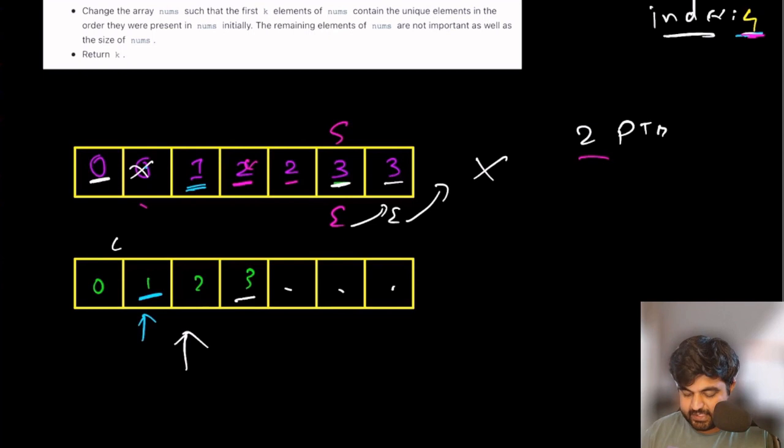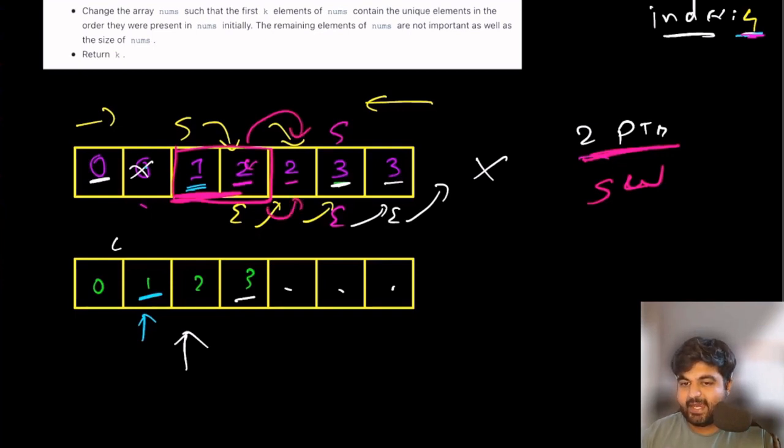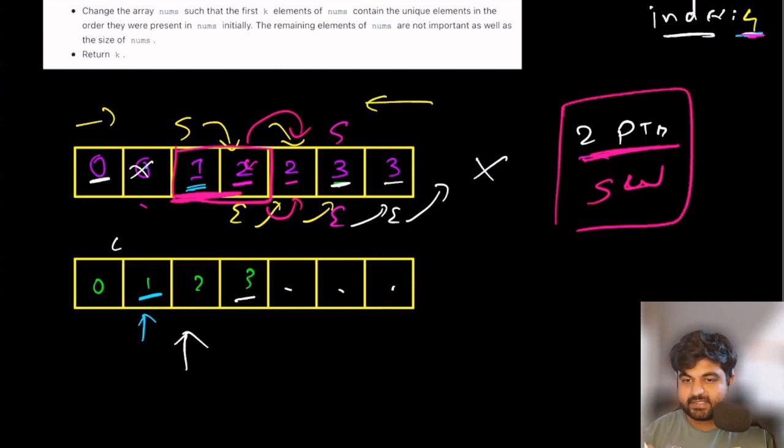But you see, even in this case, rather than coming from one side, starting and ending pointers were working in tandem to go from one step to the other step to find the answer. This was an easy problem, and I intentionally chose this problem because, apart from using the 2-pointer solution, we are also using the sliding window technique, because we are creating a window between starting and ending pointer, and the moment we find some reasonable solution, we shift our window depending on the conditions. And this is a beautiful way to solve this problem, and that is why I decided to keep this solution at the last.